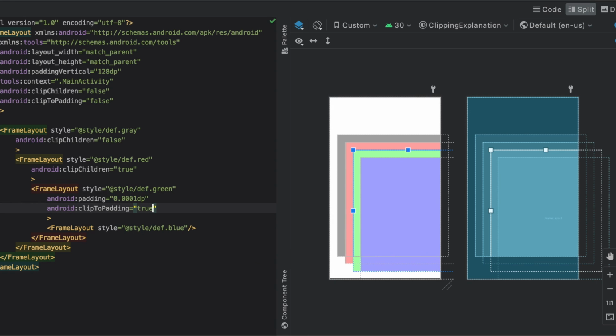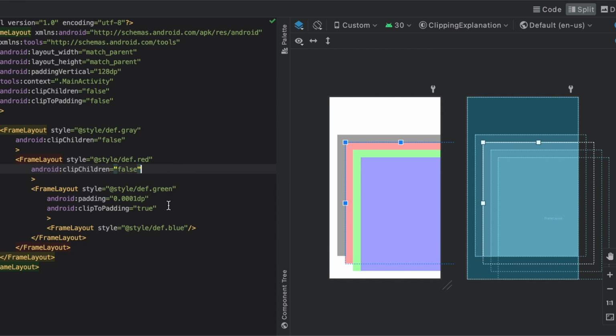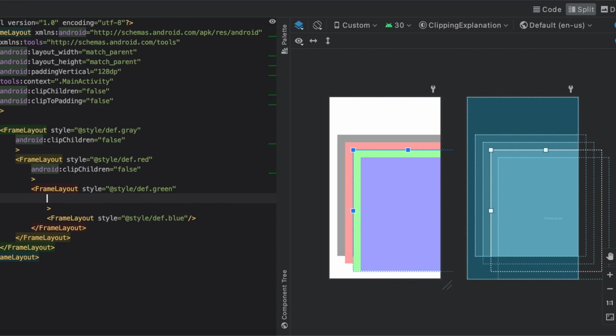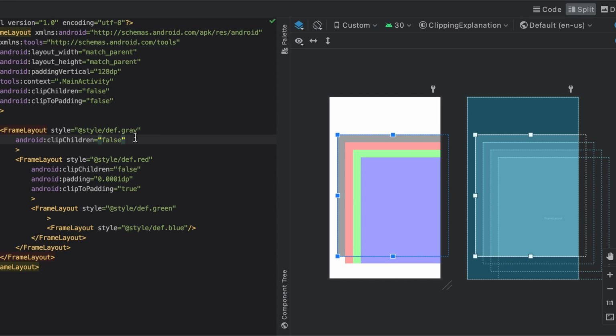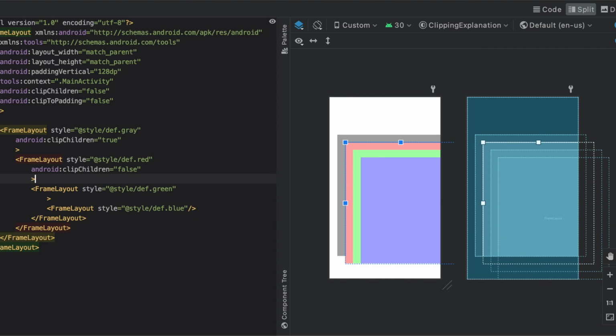So it's exactly the same. Now there is no effect, but we can just remove clipChildren true. We can set it to false. Yeah, and nothing really changes. So that's how it works. Let's try once again. Let's remove this logic from the green card and set it on the red card. Now the red card crops its own content. And it's exactly the same as if the gray card set clipChildren to true. So yeah, nothing really changes. Now we can entirely remove this code. So yeah, this is how